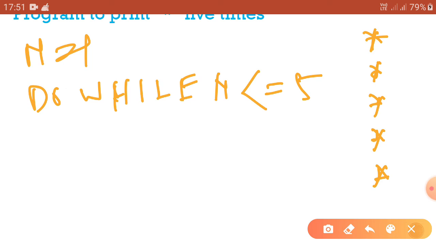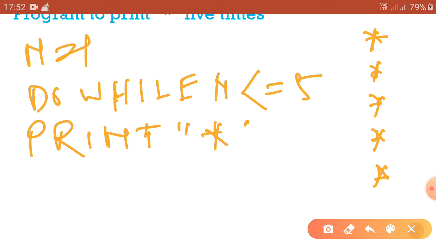We are starting from 1 and we will go up to 5. Then print star. After that, n equal to n plus 1, and at last, loop.